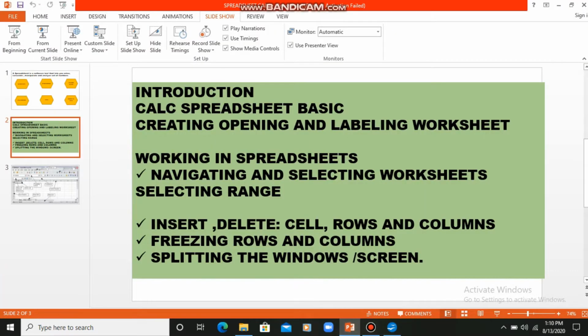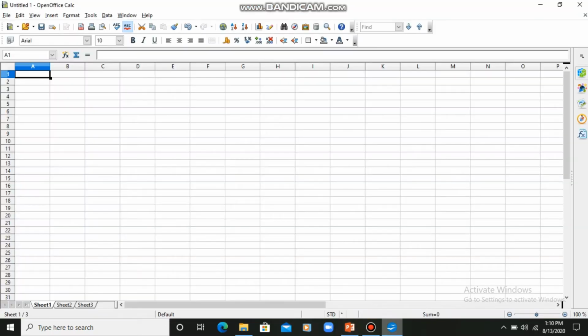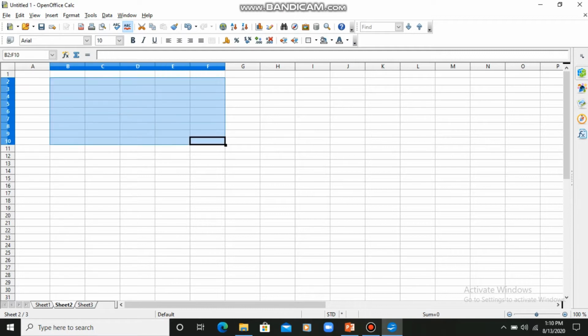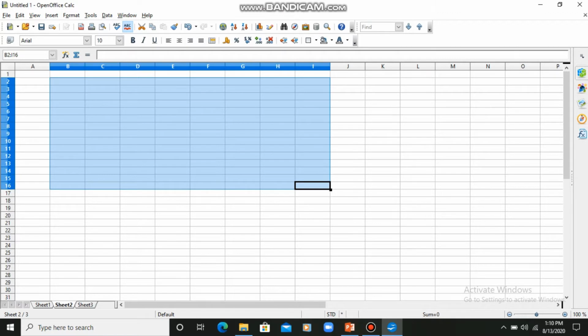Okay students, now the second thing. I have already told you about selecting a worksheet or selecting ranges. It is very simple. How can you select a worksheet? Suppose you are working on Sheet 1, you can directly click on Sheet 2. This way you can select your worksheet. If you want to select a range, select any cell, click the left mouse button and drag it, and the range will be selected. Okay, so this happens, students.